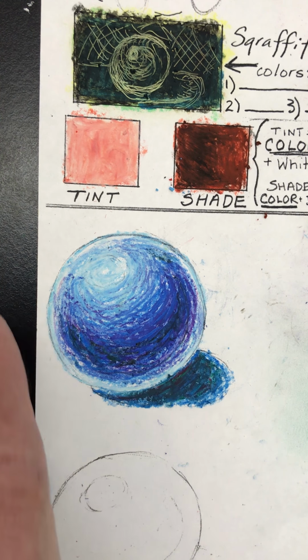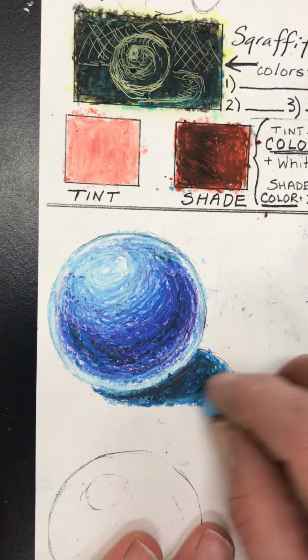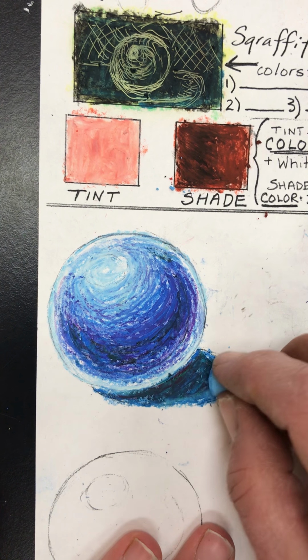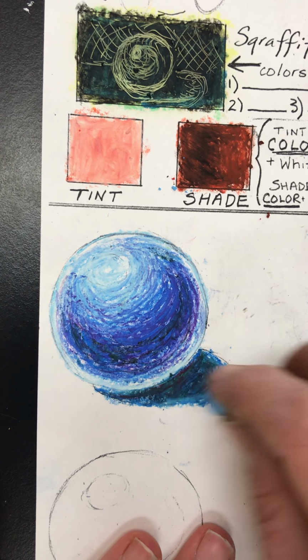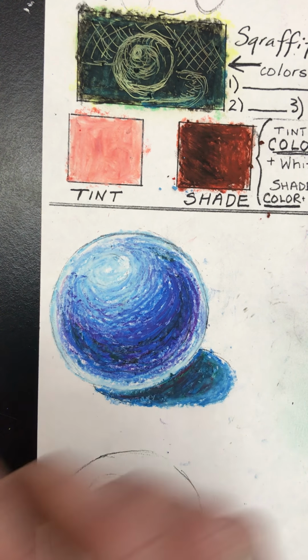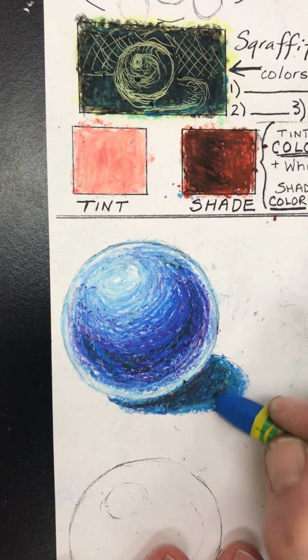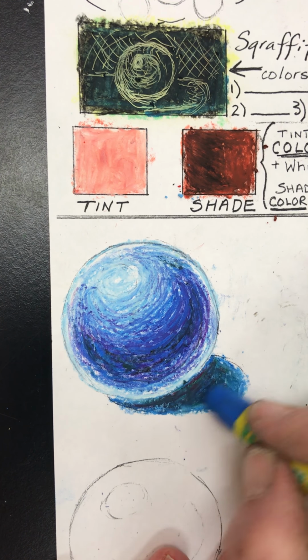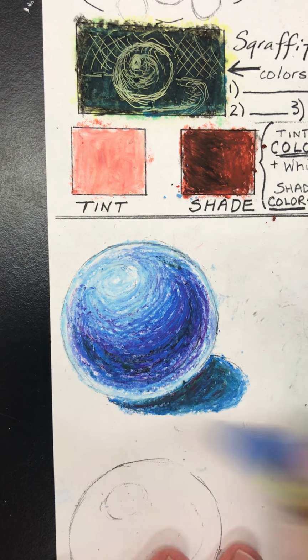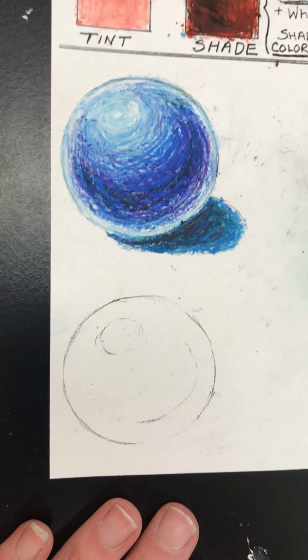Alright, so I do like this guy a lot. I'm going to add a little bit of a tint of the color out on the very edge. And if I don't like that, if it's too abrupt, I can go back in and pull this out. Okay, that's my first sphere. I'm going to do another one in